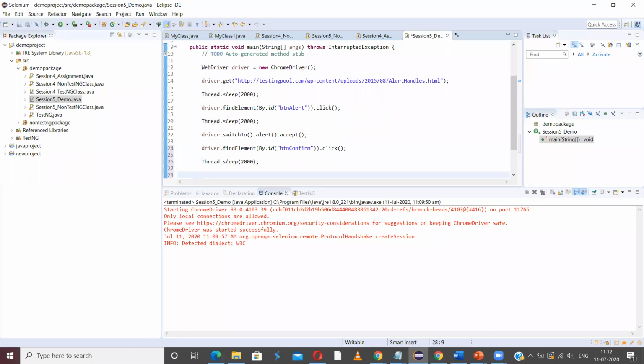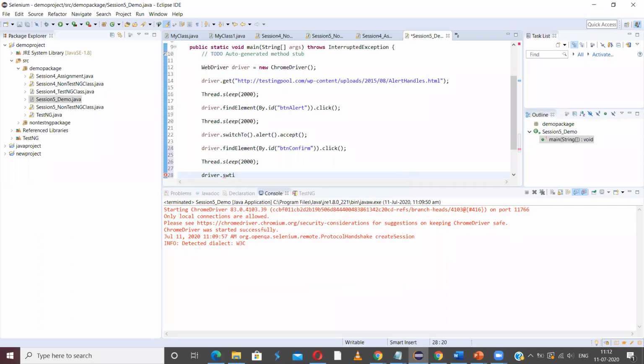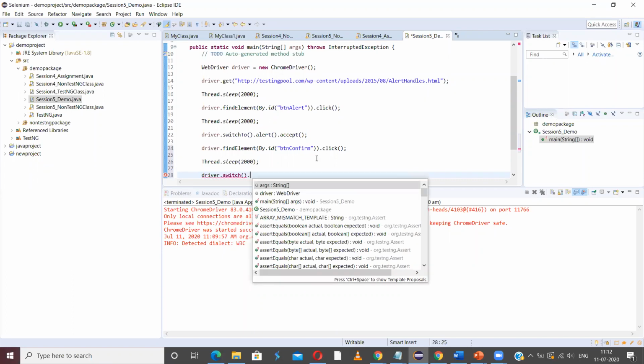Since it is a confirmation pop-up, it will have 2 buttons, so either I can accept or dismiss. In order to accept or dismiss, first I should switch to that alert using the switch method. I have to switch to alert.